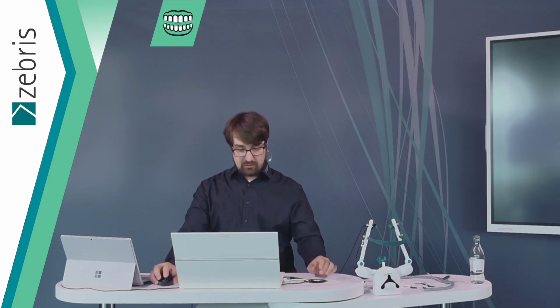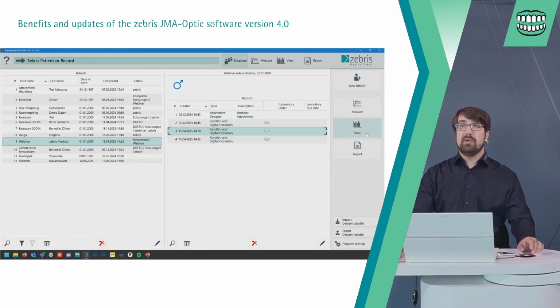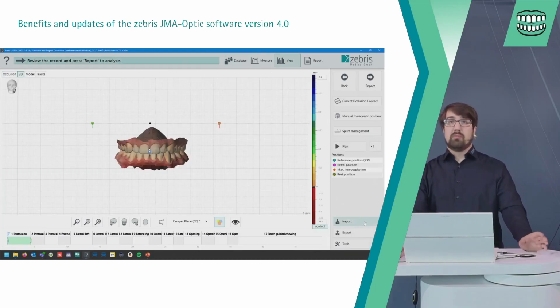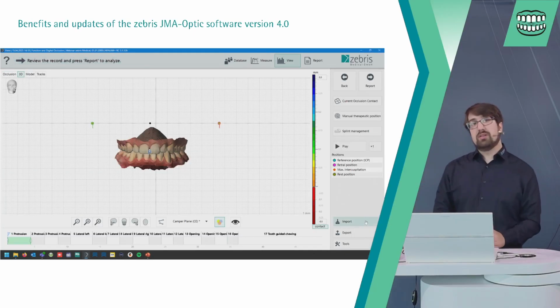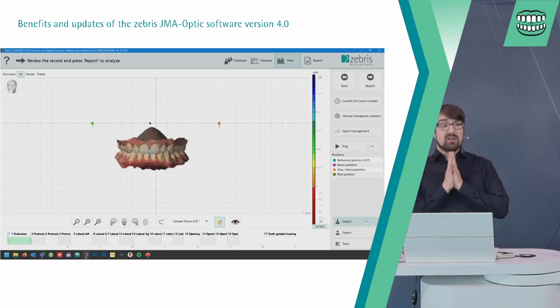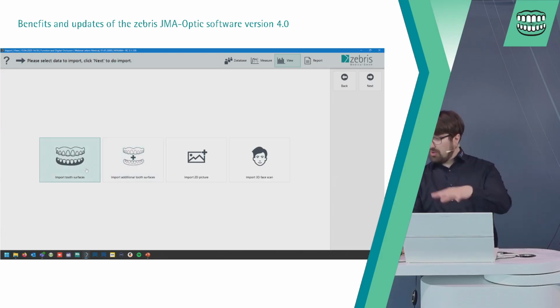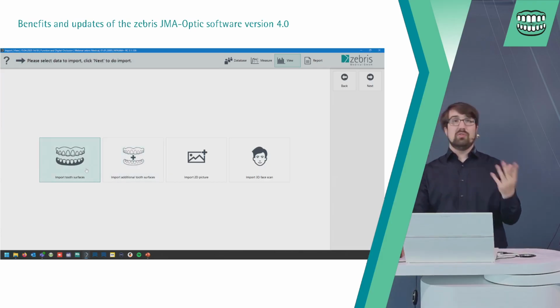Yeah, let's go again. Let's talk again about the Byte Optimizer. Let's go back to our software. There is my mouse. In the database, select our measurement. And of course, we have the possibility after a measurement to change or to replace scans. Oh, one feature I totally missed to show you. When we go here to the import button, we have also a new button to import additional surfaces. So let's talk quickly about Byte Optimizer, and then I will show you this new feature.